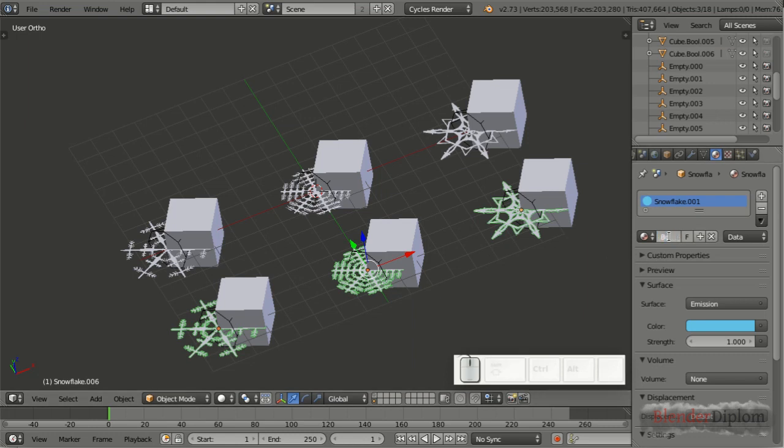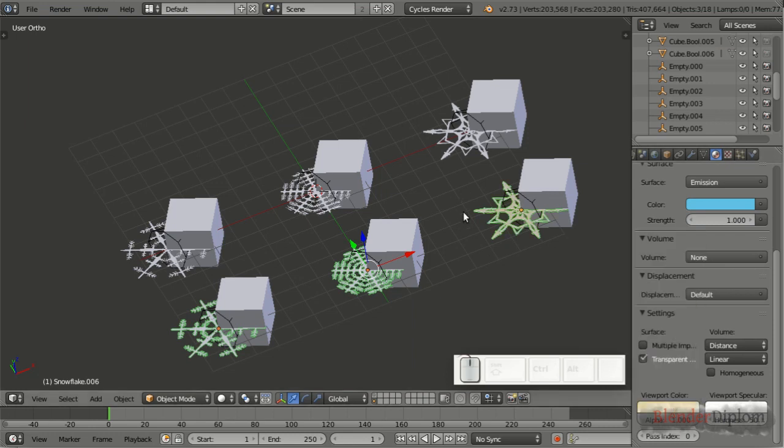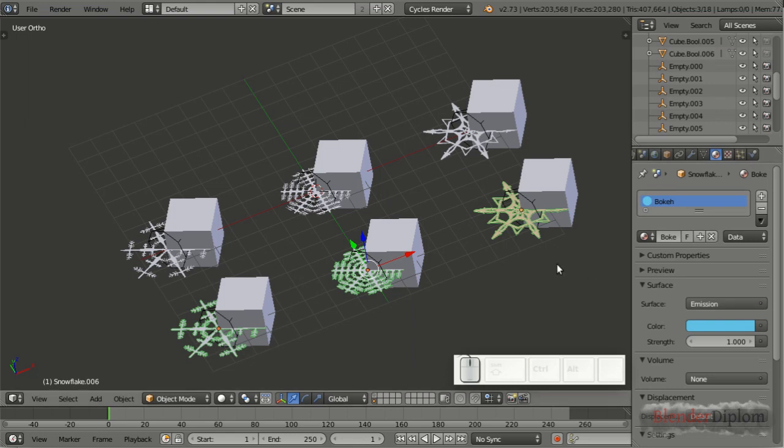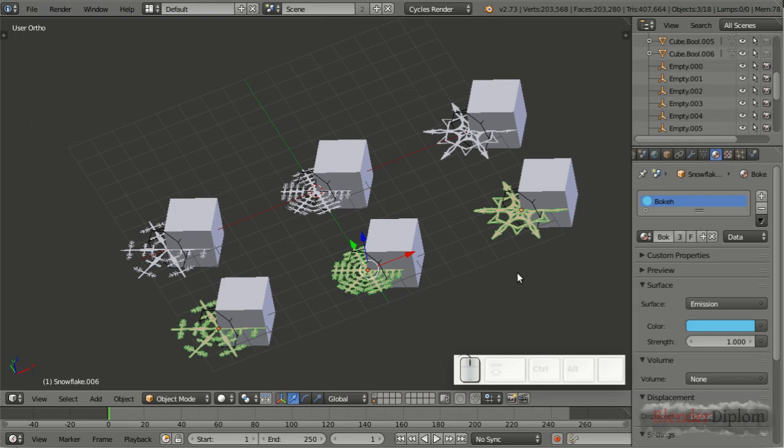I'm gonna call it bokeh, and I'm gonna change the viewport color so we see what's gonna happen next. Because next I still have the other two selected just like this one, and this one is the active one. Now I can hit Ctrl-L, make links for the materials, and they all share the bokeh material now,